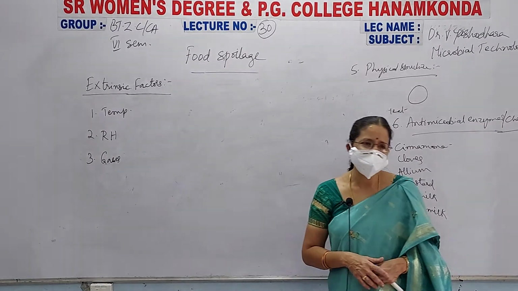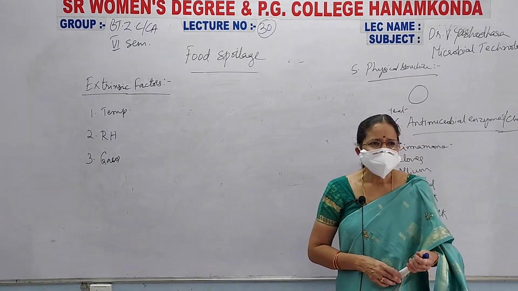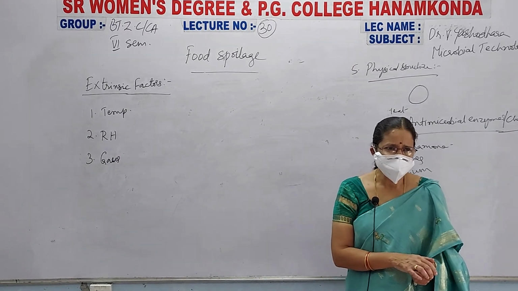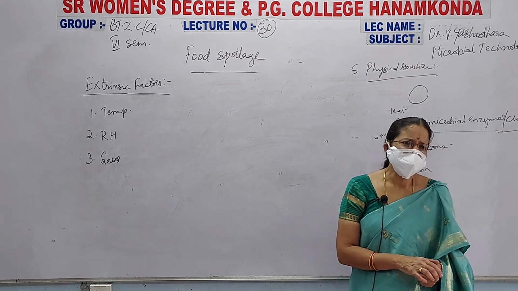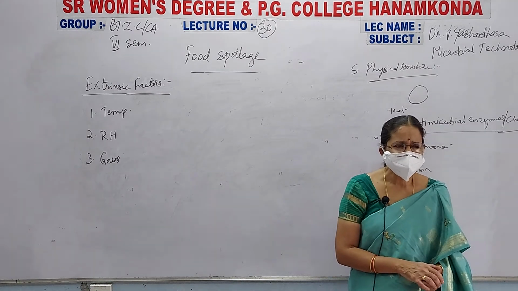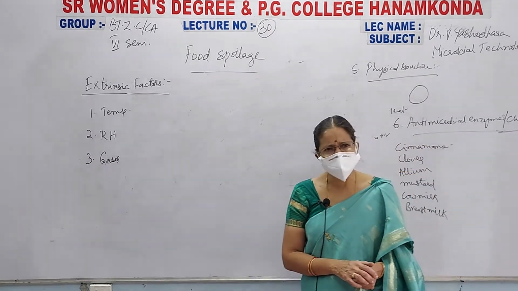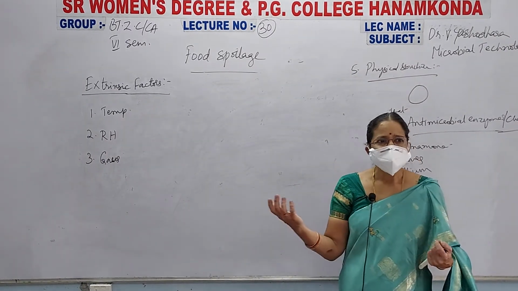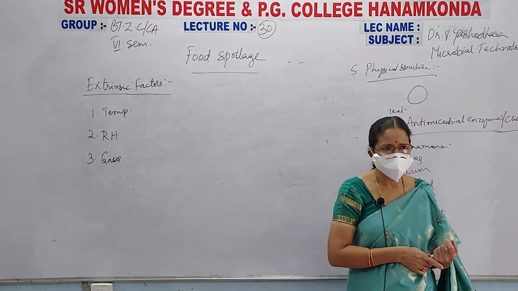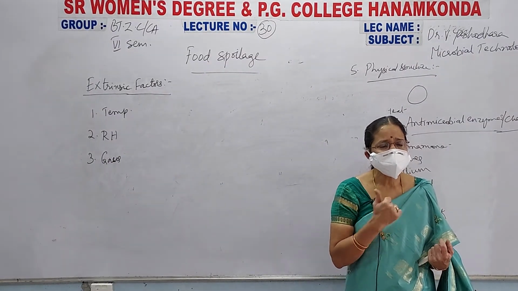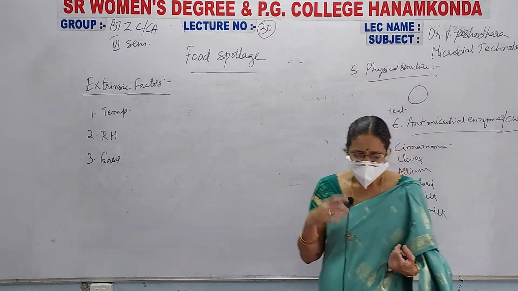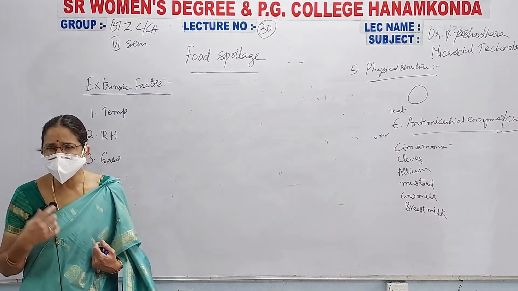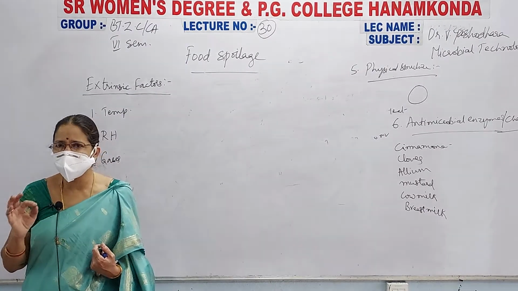That is the reason during rainy and winter seasons, many people will be flooding towards the doctors. You can see many people having some infection or disease, suffering with fever, cold, cough, running nose, whatever it may be, dry cough or wet cough, because of the rainy and winter seasons, because we have this moisture in the environment. For that reason, if moisture is there, because of the relative humidity, the microorganisms will get attracted towards it and they will damage our food.